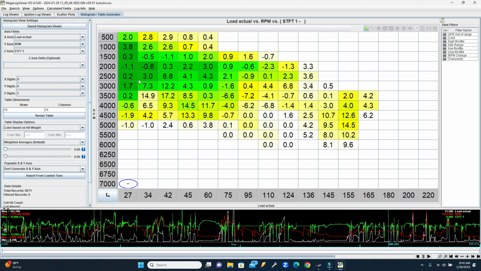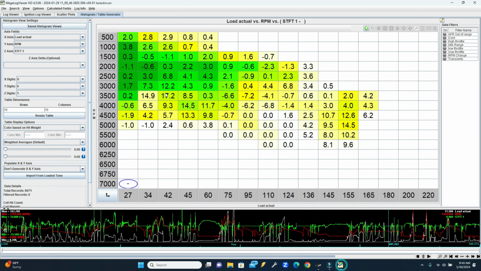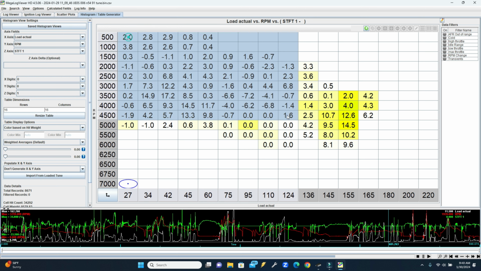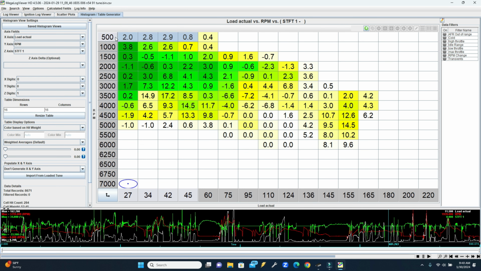So what this means is this is the same exact map as what we have in Tuner Pro. You can take all these values, put it in this histogram here, and then it'll automatically populate however you want it. So right now I have it as the actual map. I've got my RPM and my load, and then I have my short-term fuel trims. So you can see here, if I were to look at a certain area, let's say 500 RPMs, 27 load,